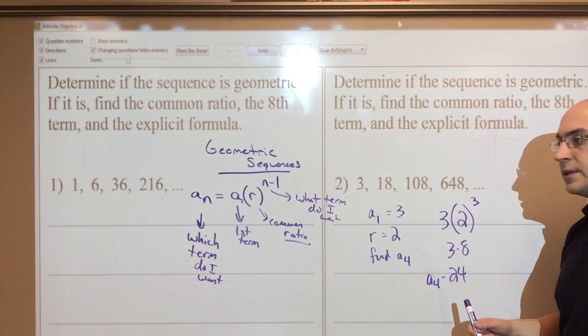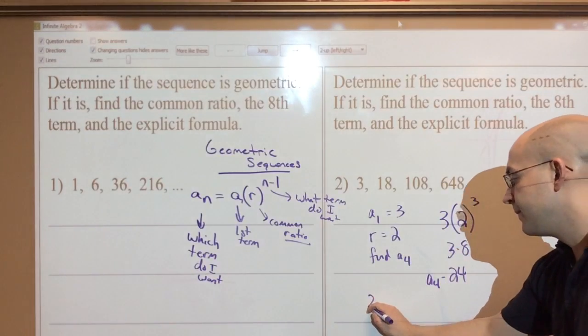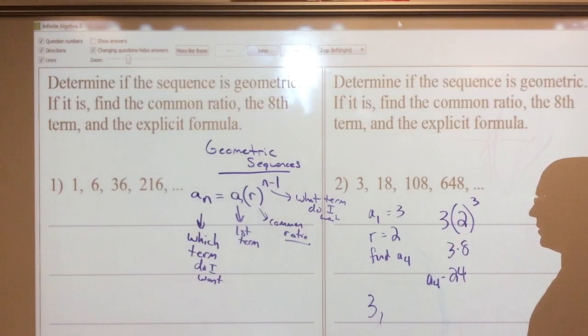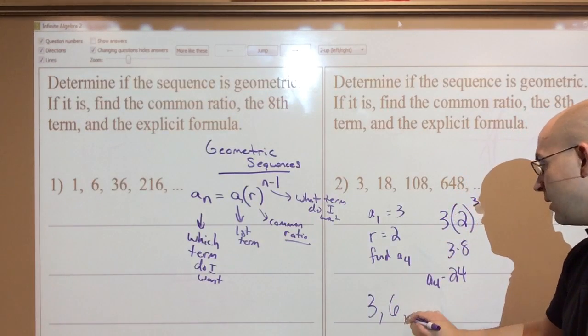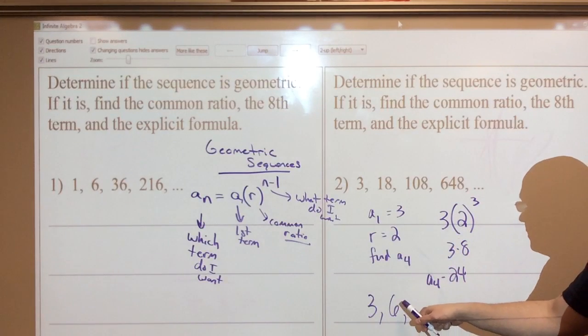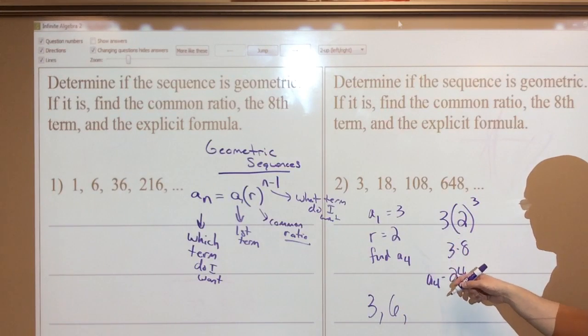Now let's think about that a little bit, right? First term is 3. Okay? If the common ratio is 2, that means the second term has to be 6. Right? Because 3 times 2 is 6. That means the third term is times 2, which is